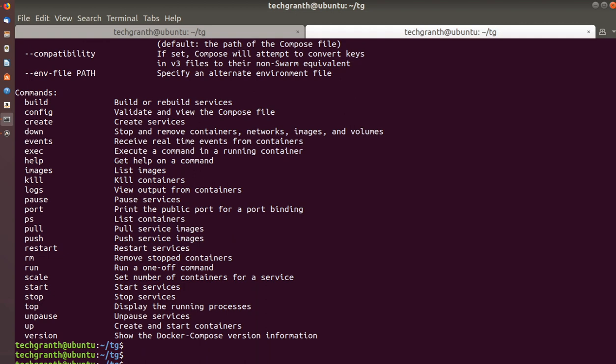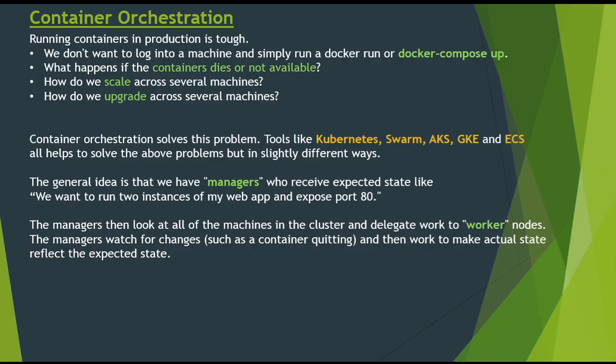Okay. So that was all about the Docker Compose example, how we can use Docker Compose. I will show maybe another example in another video, but for this video, that's all for Docker Compose. So now we have seen that we have Docker Compose to run our multiple services, which are also running on different containers, right? Their corresponding containers.